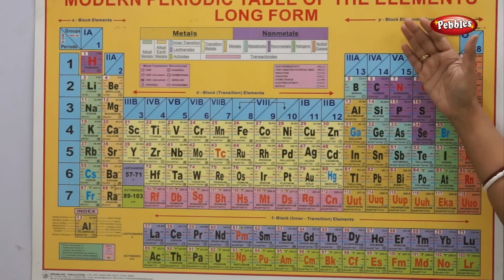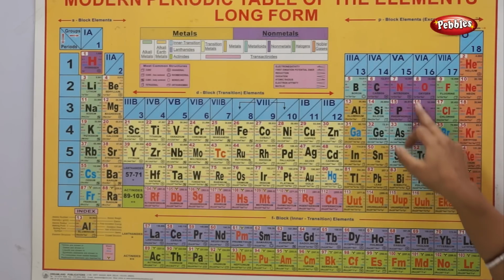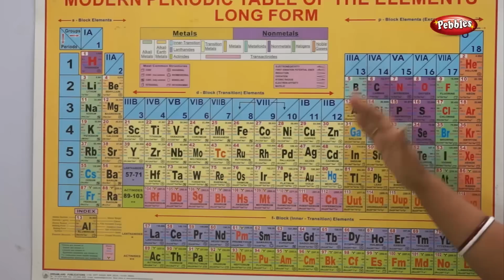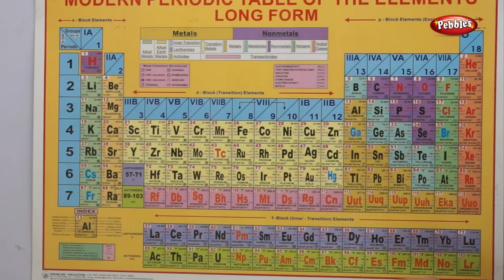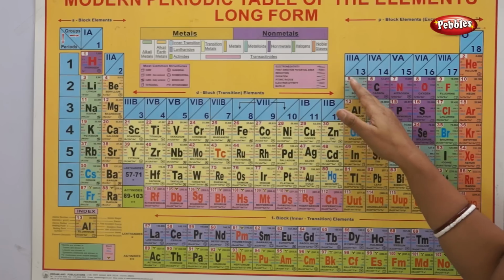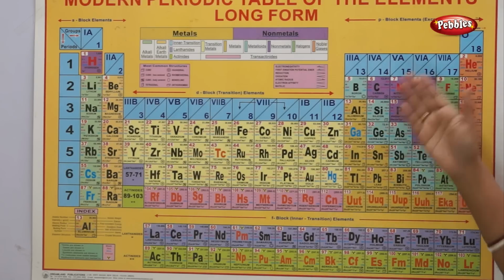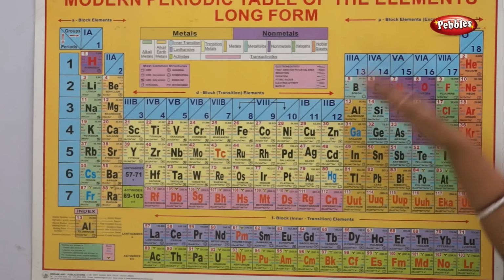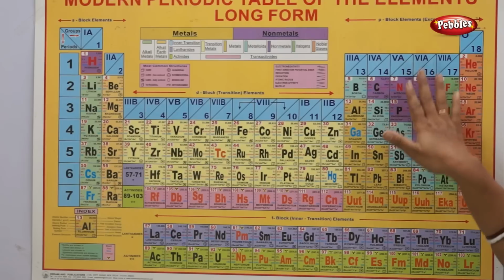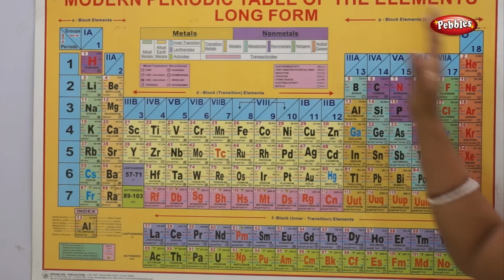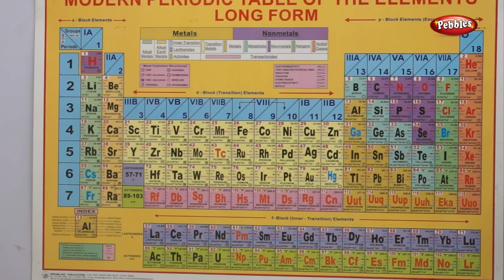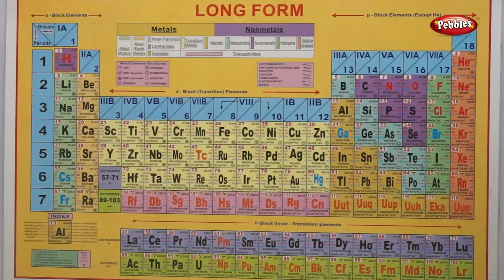Beyond this side of metalloids, you can see here the non-metals, and the left side of metalloids are the metals. So in the P block elements, in between, the metalloids are cutting through metals and non-metals. On the right side of metalloids is non-metal and the left side of metalloids is metal. This is the general layout of modern periodic table. Based on this periodic table, we can come to know various periodic properties.